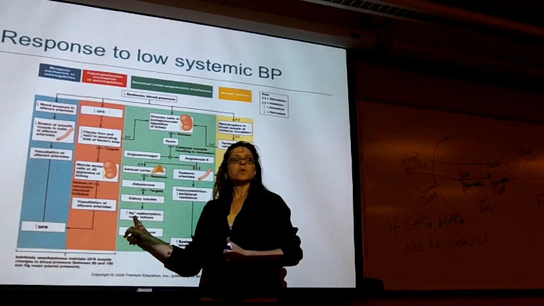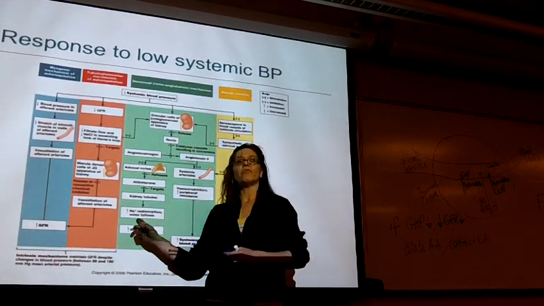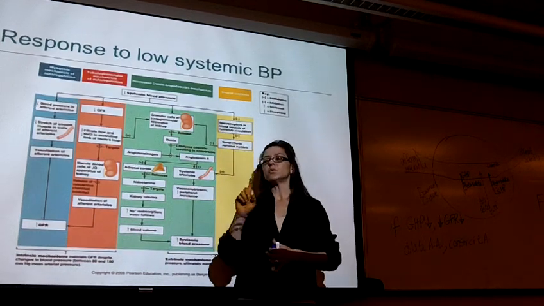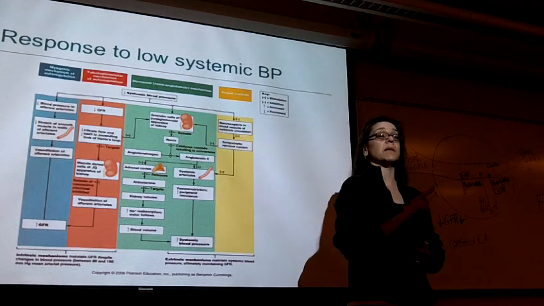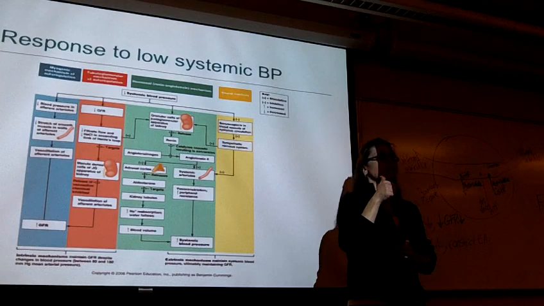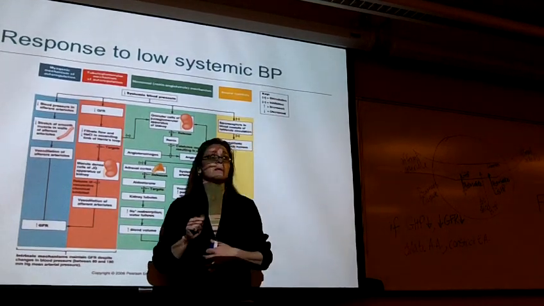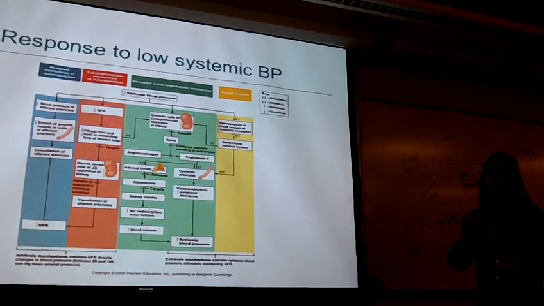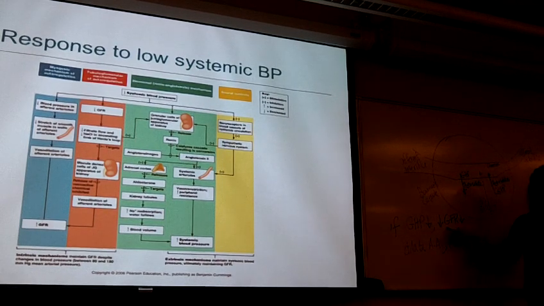As we reabsorb more sodium, put more sodium back into the blood, water will follow. It means we reabsorb more water. If we reabsorb more water, what is that going to do to our blood volume systemically? Increase our blood volume systemically. What does that do to our blood pressure systemically? Increases it. Increasing our blood pressure systemically will cause the glomerular hydrostatic pressure to rise, and that will get our